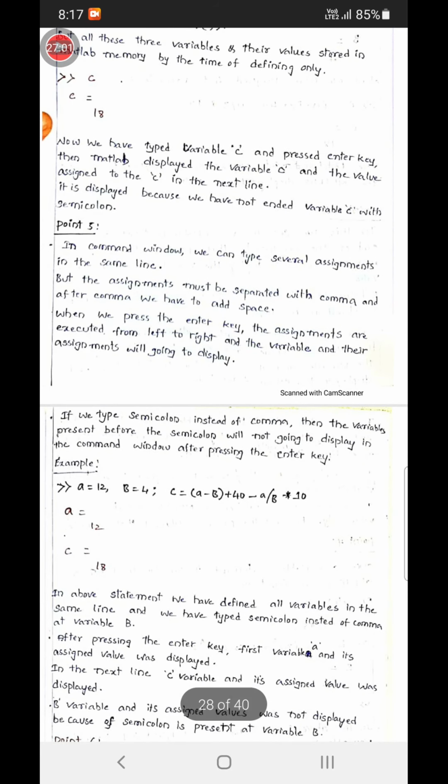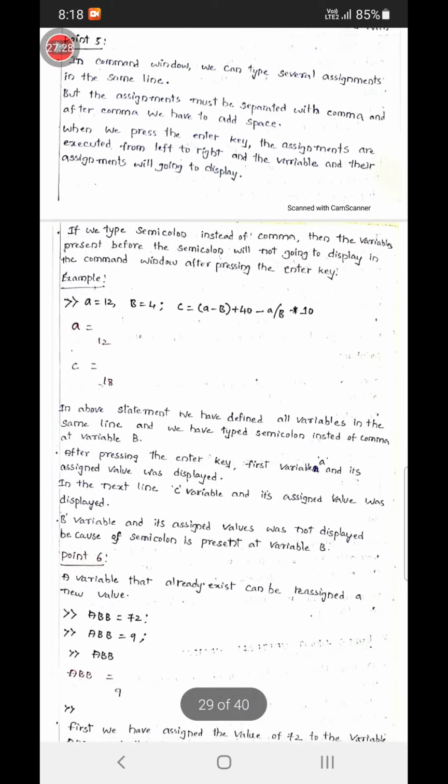These two are displaying, and B is not displaying because of semicolon. In the C computable expression, MATLAB is using the assignments of variable A and variable B, calculating the computable expression and displaying the output C assignment 18. So those things we have to understand.